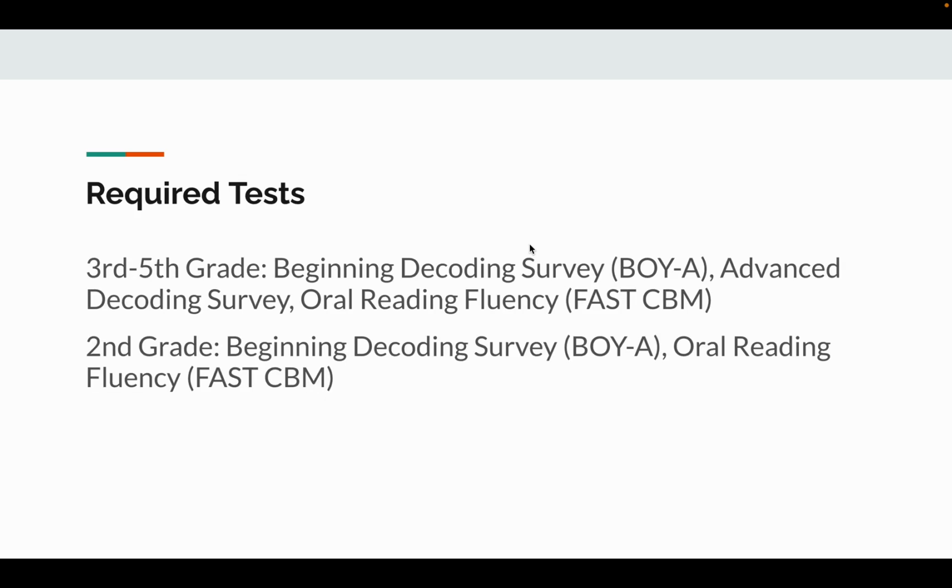Required tests for 3rd through 5th grade, you're going to need to have them do the beginning decoding survey, the BOY A form. BOY stands for beginning of year. Advanced decoding survey, and then the oral reading fluency. We're going to use the FAST from FastBridge. They're CBMs. I'll show you how to get those later on. For 2nd grade, you just need to do the beginning decoding survey, the BOY A form, and the oral reading